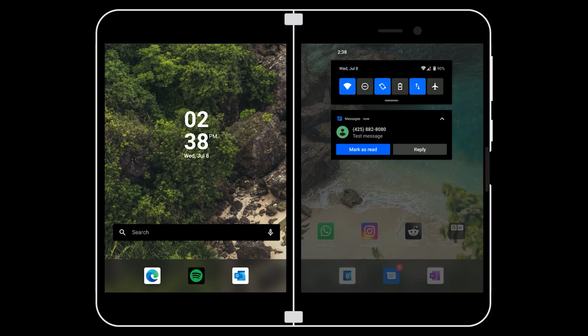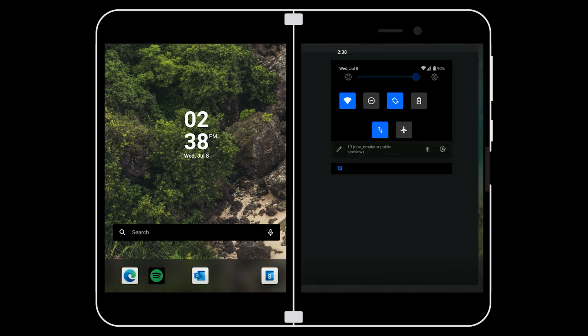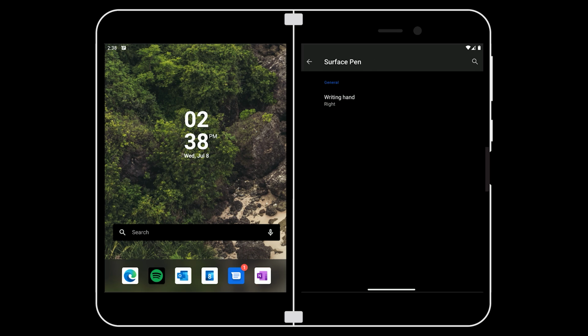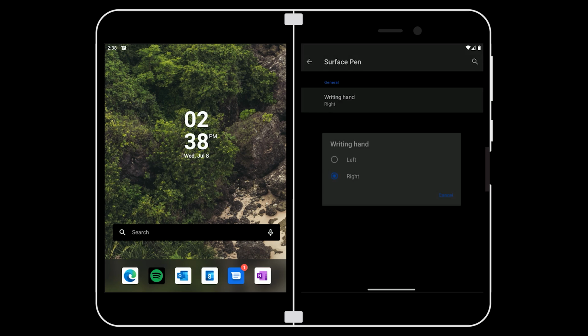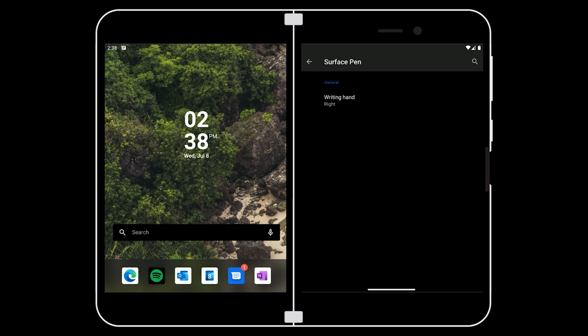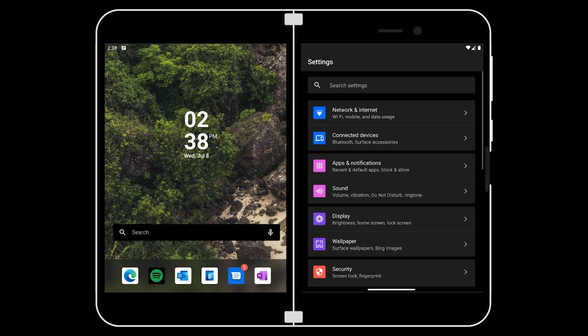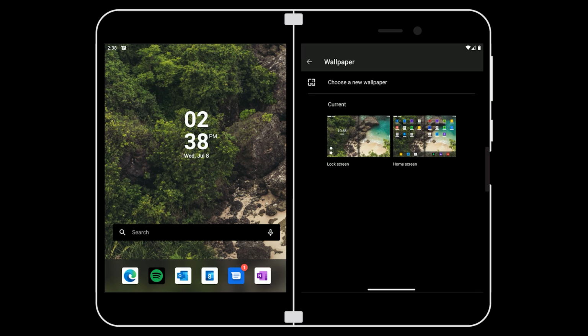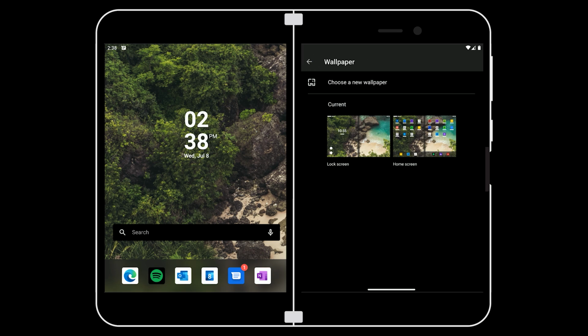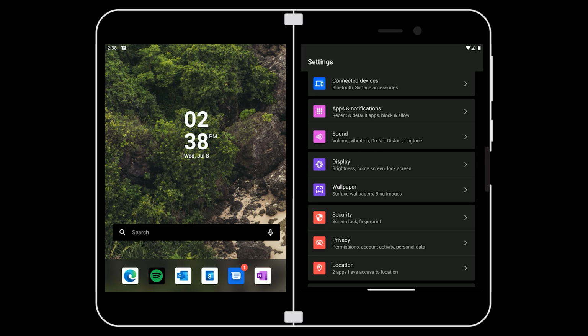Now let's take a quick look at the settings app on Surface Duo, because Microsoft has made some minor changes to it. If we come into Bluetooth here and go down to Surface Pen, we can change the writing hand for the Surface Pen to left or right, depending on which you are. I'm sure this will be a little bit more fleshed out at launch, but right now that's the only option you can configure. If we go down to wallpaper, we have the option for Surface wallpapers, which at least in this build, there are no images in that folder, but I'm assuming in the retail unit, there will be some stock Microsoft wallpapers in there for you to